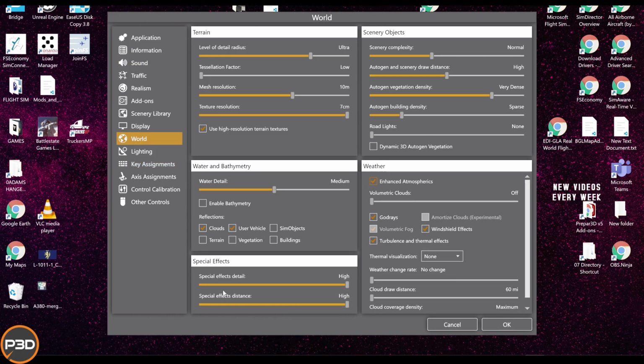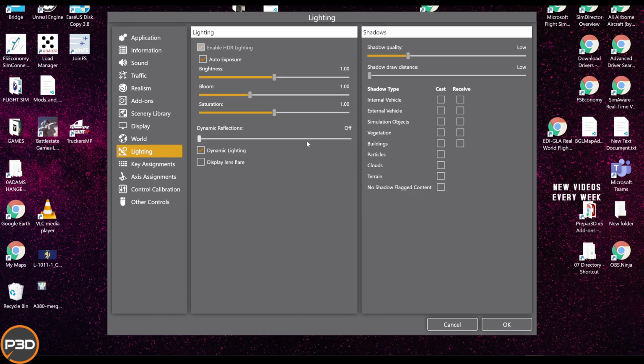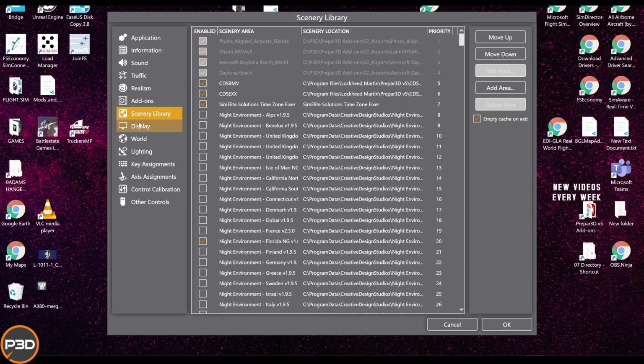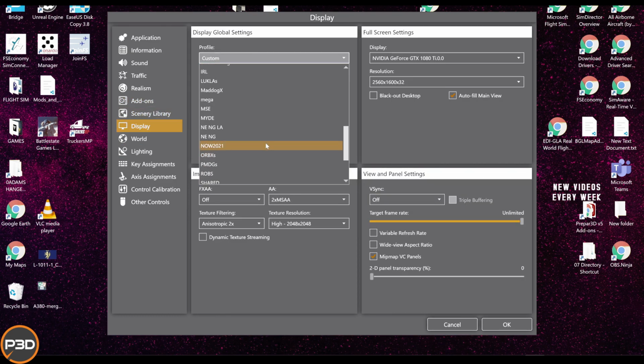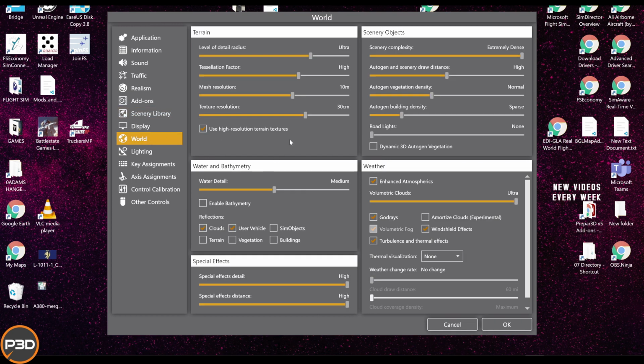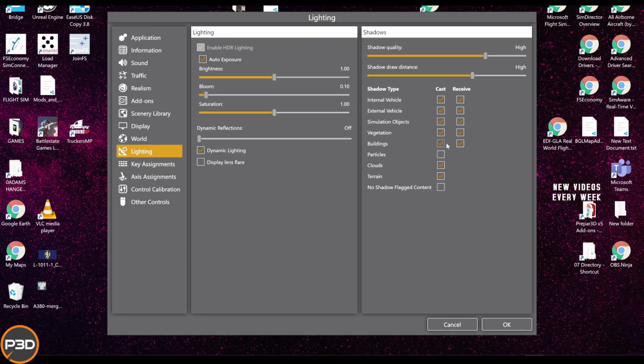So that's this section. The lighting, again, this is kind of like personal preference. Bloom, I recommend turning all the way down to like 0.10, and I have my brightness and saturation set to 1. And depending on what profile I'm using, I think I had a nighttime profile set there, it will be dependent on what tick boxes I have here. So if I'm flying at night, everything gets ticked off because you don't see shadows at night. But if you're flying at daytime and you want to see shadows, then whack everything on except for particles and